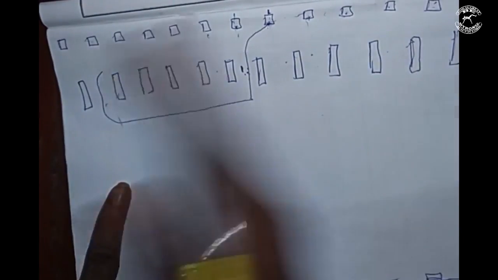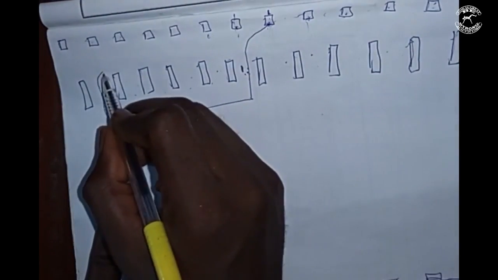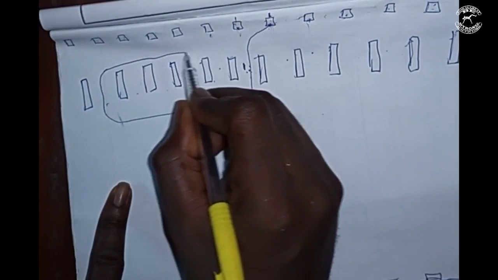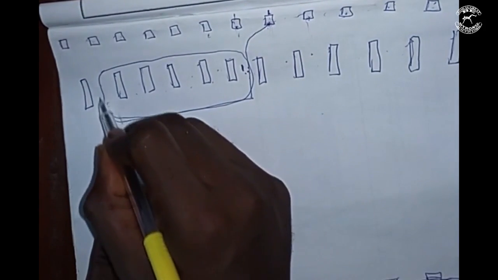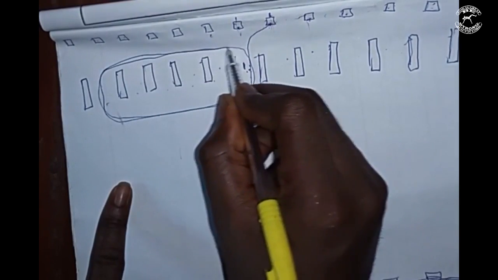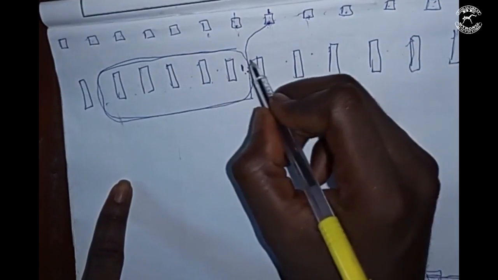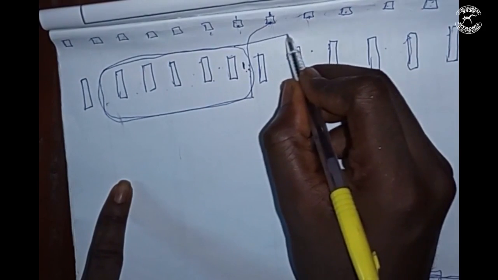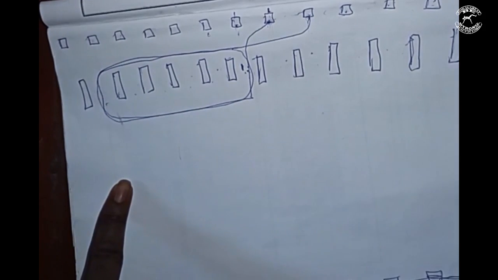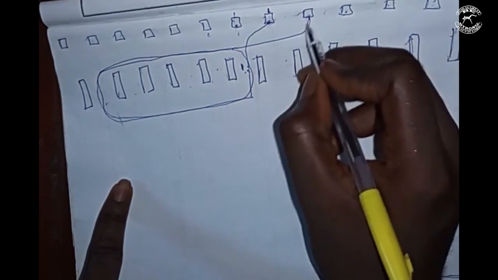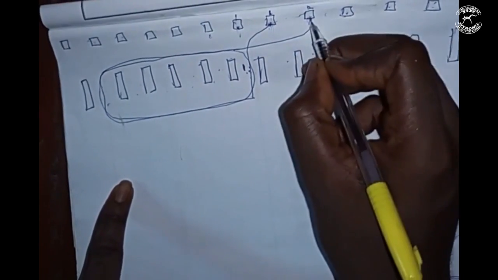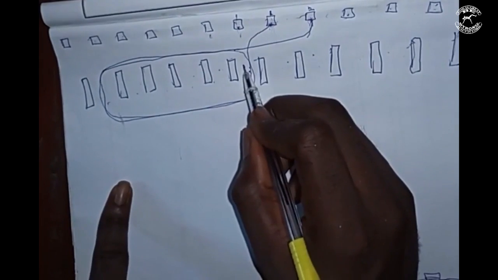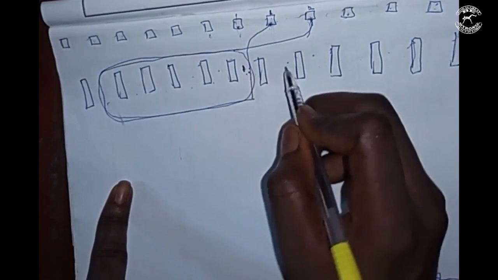I'll spin my number of turns. If it's 100, 50, 20, you spin the turns. Let me just spin the turns over here. And after you're done spinning the turns, you will now end at the next slot. So you now take your wire from the next slot again. We'll score this 2. Then you now move to, this is where we started from, so therefore you now go to the next slot,